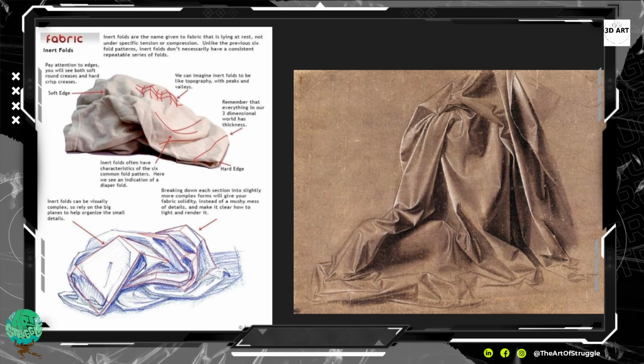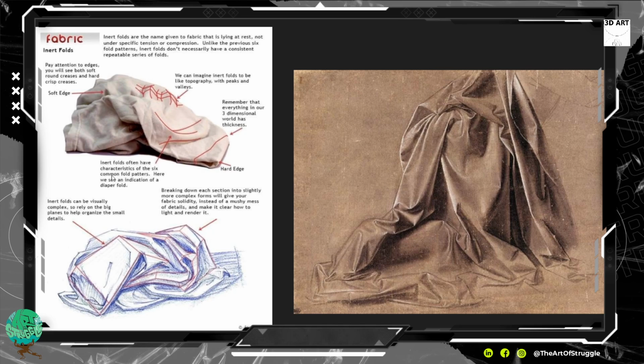Pay attention to the edges. You'll see both soft, round creases and hard, crisp creases, all right? Because we kind of let gravity do its thing, it's going to do its thing, right? You can imagine insert folds to be like topography with peaks and valleys. Remember that everything in our three-dimensional world has thickness, right? So you can see that this has a kind of hard edge right here based on the shadow, and then you'll get even some softer flowing